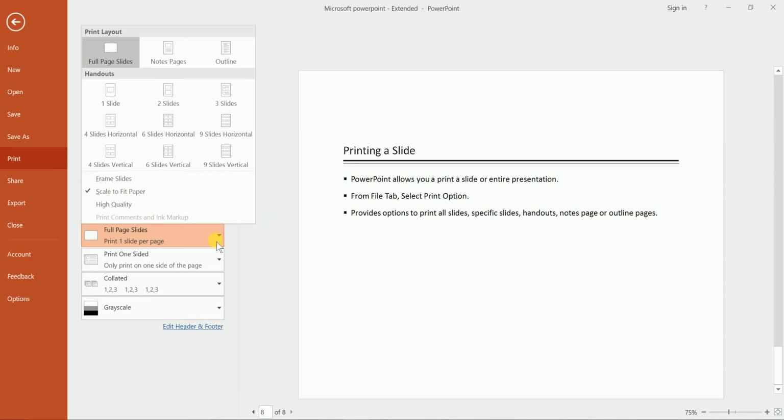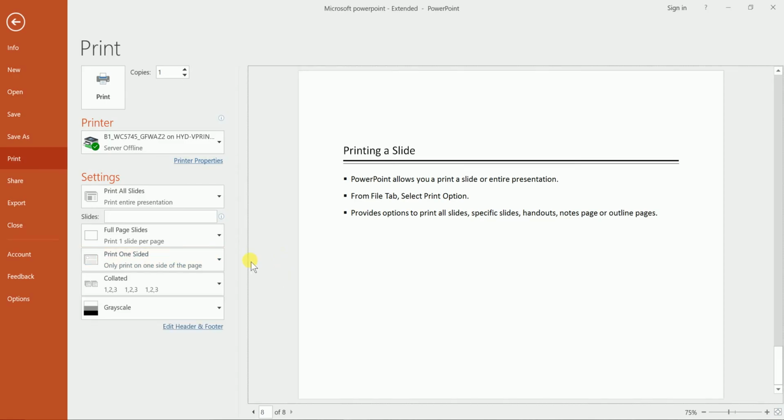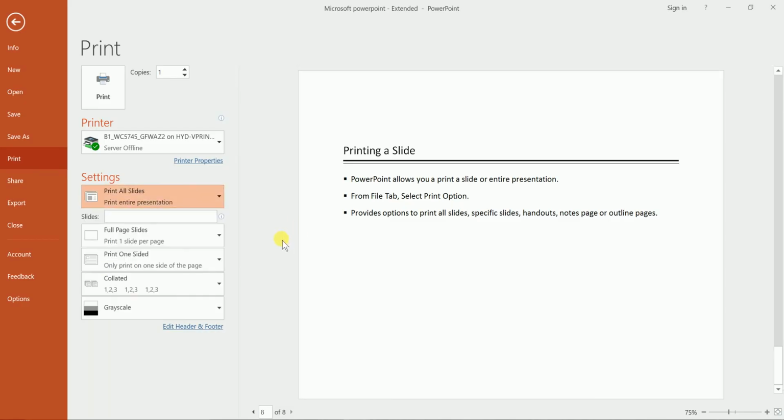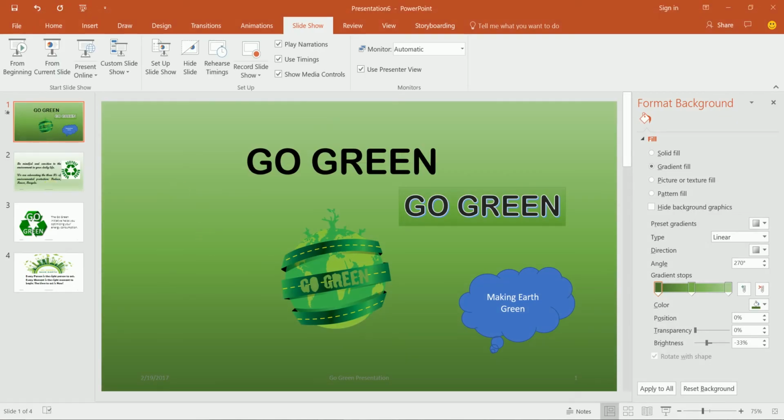The next option is printing done on one side of the page or both sides of the pages. So this is how you can print your presentation. So I'm closing this, I'm using escape, I'm closing this. So this is the presentation which I've already worked on, and